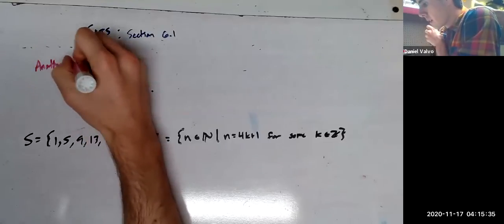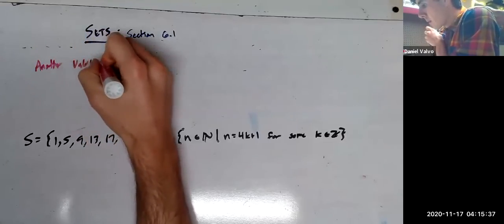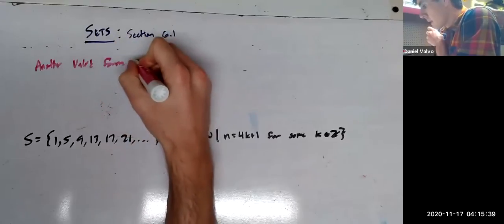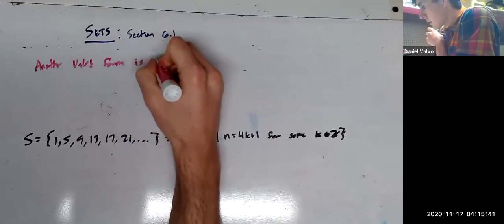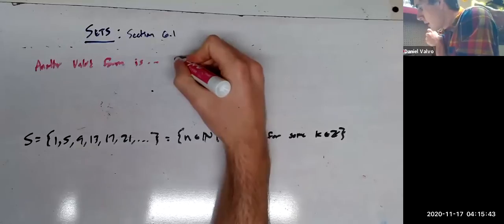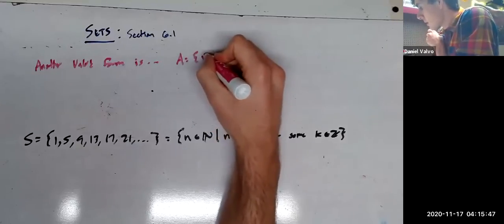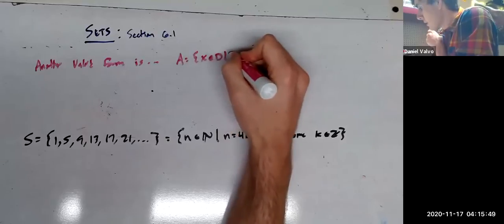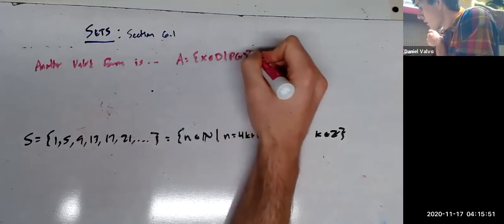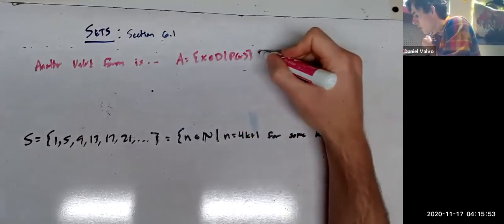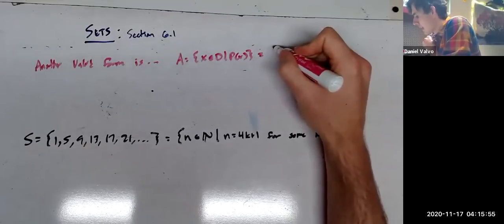Another valid form goes like this. So saying that A equals the set of X in D such that P of X is true, we could also write that as A,